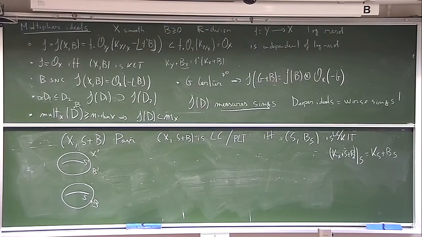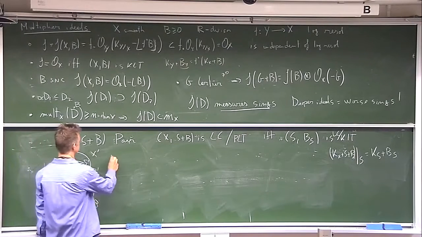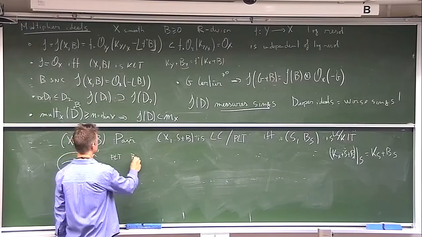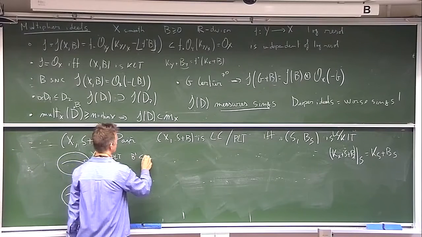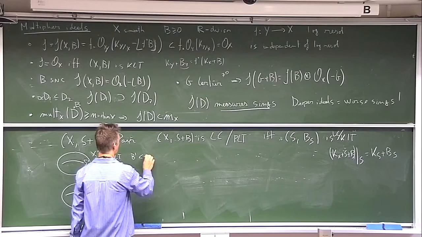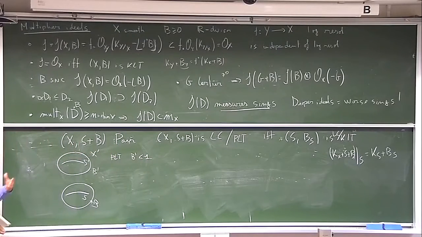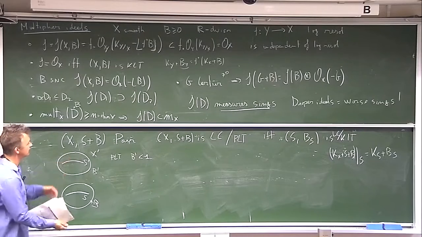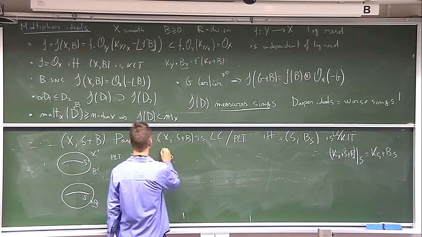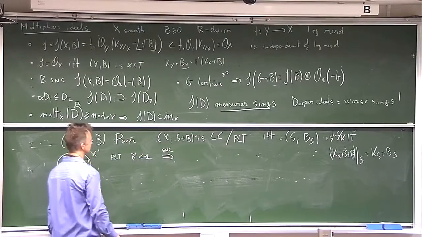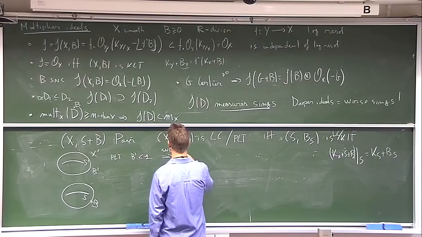Okay, now, saying that it's PLT means precisely that for any log resolution, the coefficients of this B prime are strictly less than 1. Or the coefficients of the discrepancy, which is minus that B prime, are strictly greater than -1. Okay, but then you see when I restrict to S prime, since we are in the simple normal crossing situation upstairs, then clearly if I do K_X' plus